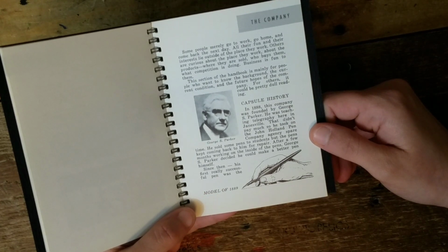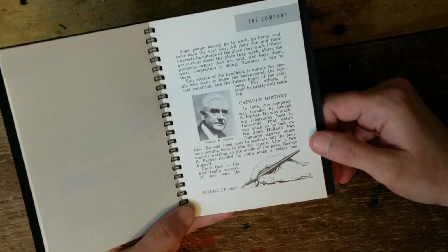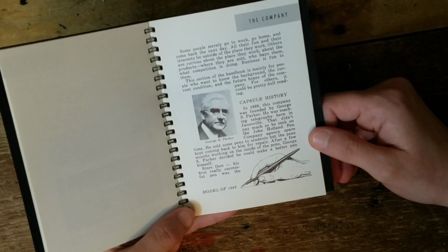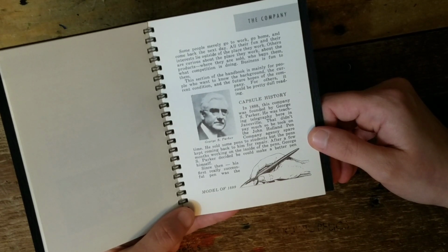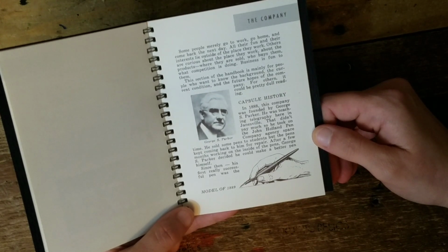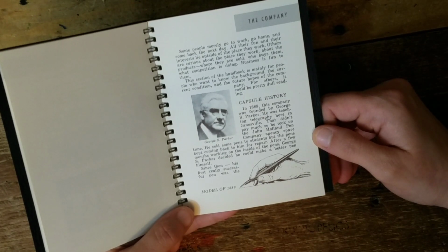Capsule history. In 1888, this company was founded by George S. Parker. He was teaching telegraphy here in Janesville. That didn't pay much, so he took on the John Holland Pen Company Agency in his spare time. He sold some pens to students, but the pens kept coming back to him for repair. After a few months working on the inside of the pens, George S. Parker decided he could make a better pen himself. Since then, his first really successful pen was the